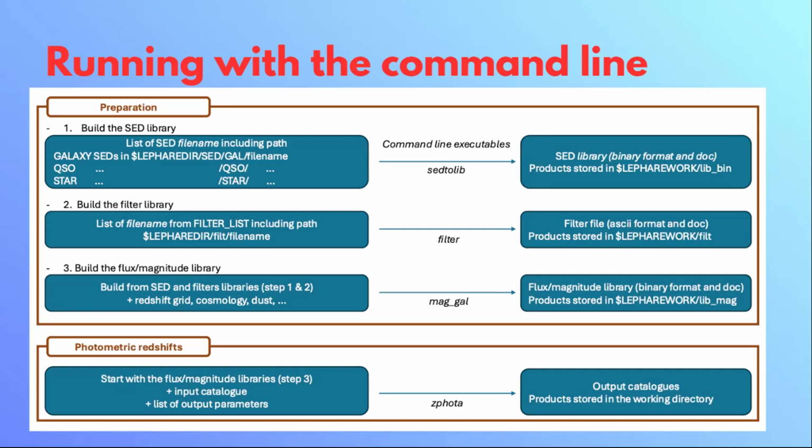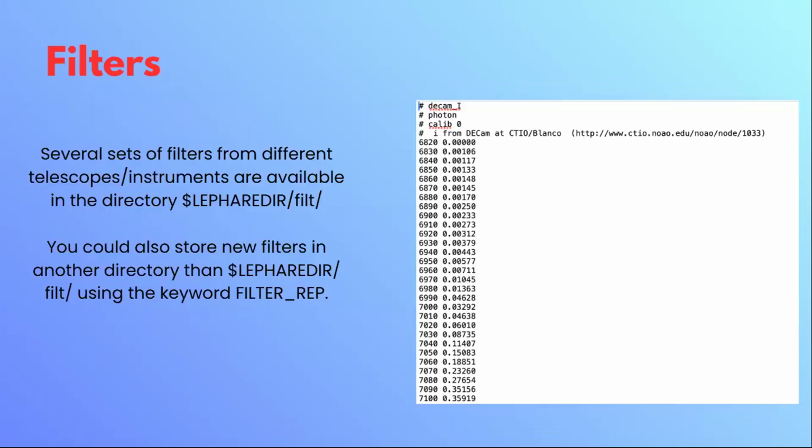I haven't done other things with it, but I know that only for zphot you have to run this part, and it's going to be very easy to understand when we check the code. Another thing is that LePHARE has a lot of filters from a lot of instruments and telescopes,